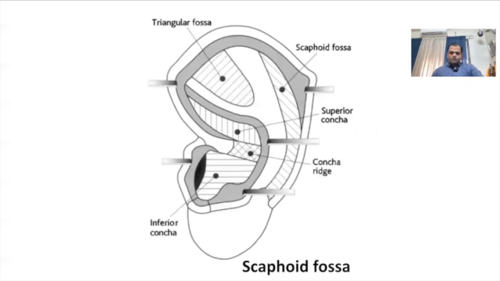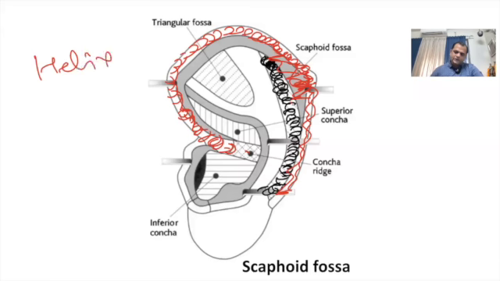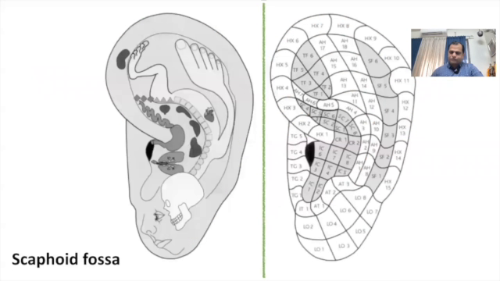So if we see this image, in this image we can see the location of Scaphoid Fossa. This is the outermost covering, called the helix, and just below the helix we can see the Scaphoid Fossa. तो सबसे बाहर की कवरिंग को हम हेलिक्स कहते हैं और इसके जो अंदर है इसे हम Scaphoid Fossa कहते हैं।